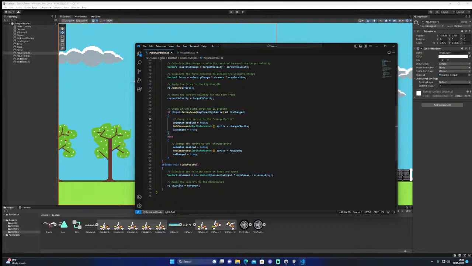So if, hang on, this needs to be not that, not that. So if input is changed, I don't want that at all, do I? So let me copy, get rid of that, paste this: input get key down, not is changed.